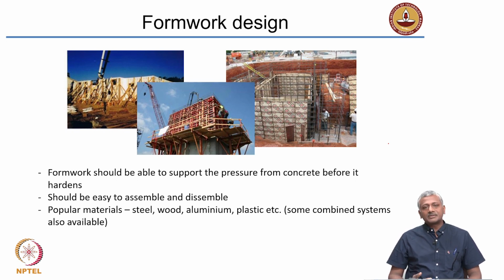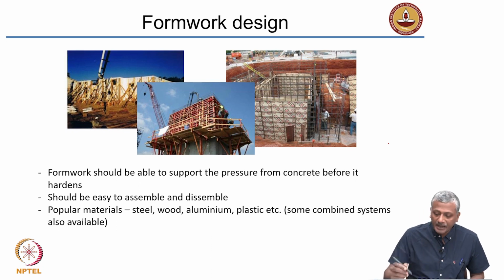Why is that? Because concrete, when it is placed, is wet, and that wetness obviously will affect the quality of the wood. So, the number of times that you reuse it, the number of times it is going to get wet, and because of that, the wooden formwork may warp or change its shape. Okay? On the other hand, when you have metallic formwork like steel or aluminum, you can retain the form quite well.